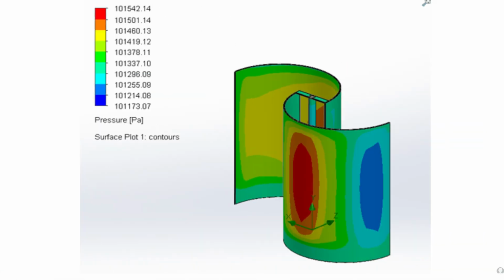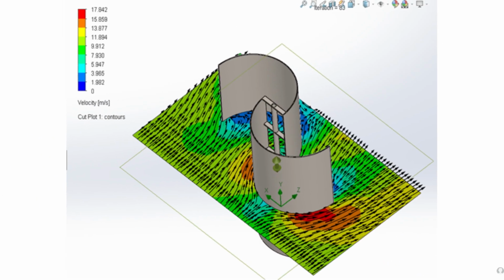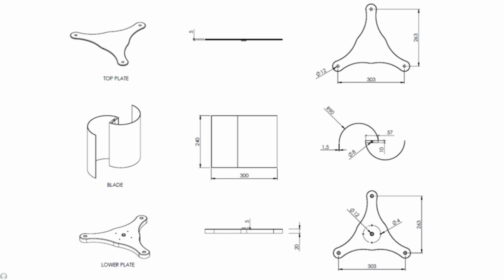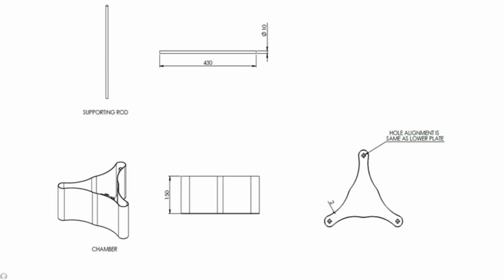So here is the final picture of our CFD analysis, that is computational fluid dynamics, which shows, after applying a certain wind speed in meters per second, how our structure reacts to the wind that we have applied. So here is a detailed drawing of our model and various parts that we have incorporated in order to